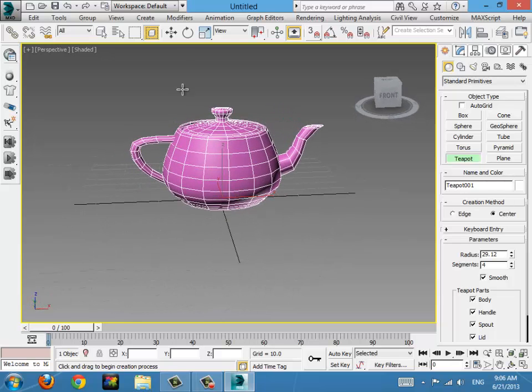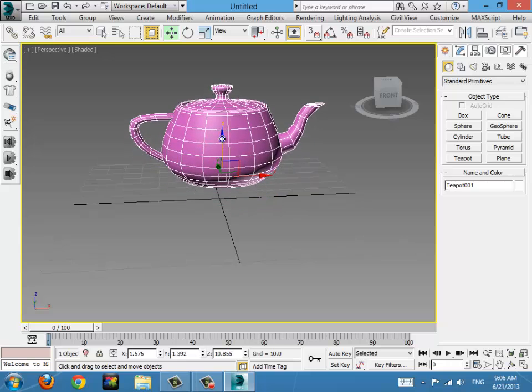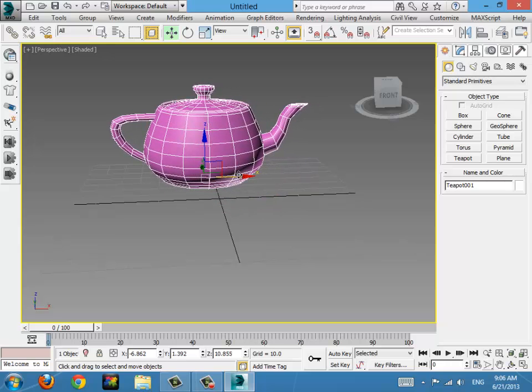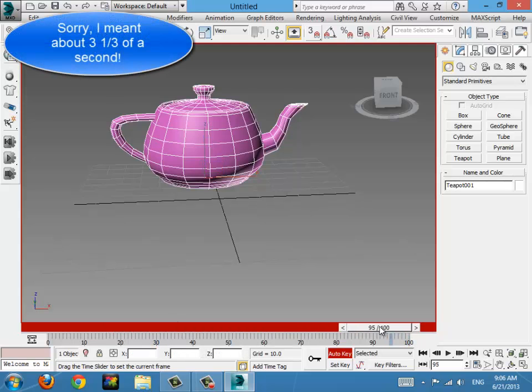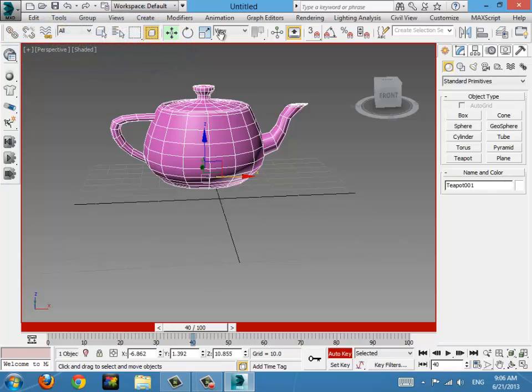Okay, so first, choose the starting position of your object, which will be about here. Select AutoKey, which is this. And you drag to the frame rate. Now something important to know is about 30 frames equals 1 second. So this is probably 1 point something seconds. So you want to choose, let's say, 1 1/3 of a second, you'd